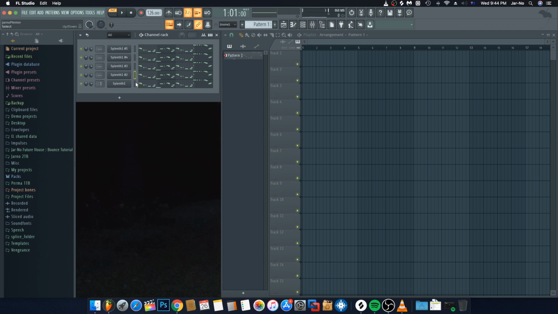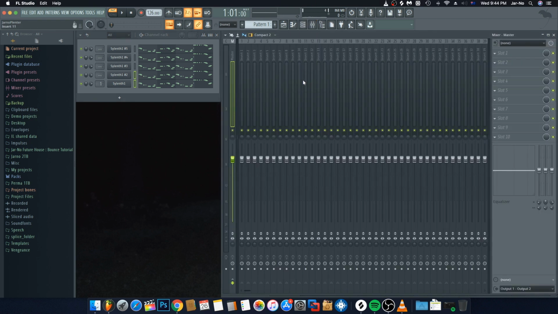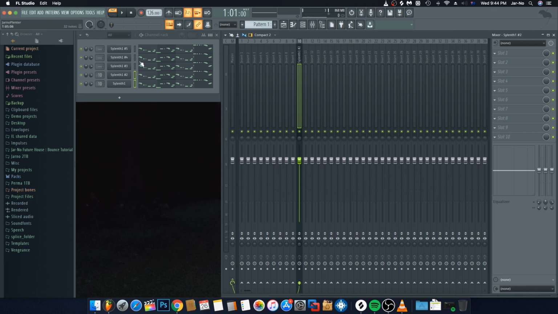If you press the Shift key, you can select 2 at the same time. We're going to go to our mixer here. We'll go insert 10 and then Control L to link that one on in. We're going to repeat the same for the top 2. Right next to it, we'll drop it in. And then finally we'll grab the third one, which is a little spike, and we'll drop that into our 12th insert there. Just like so. So if we solo these out,